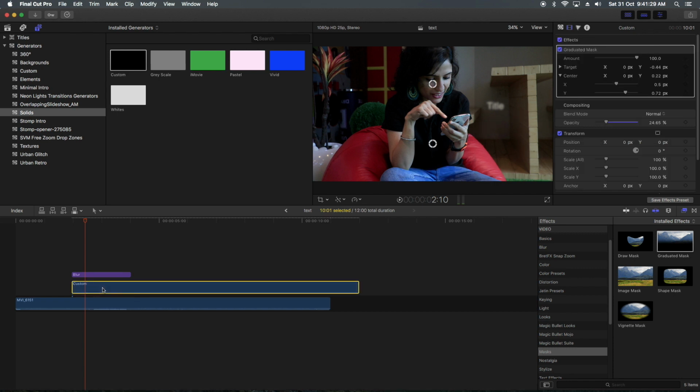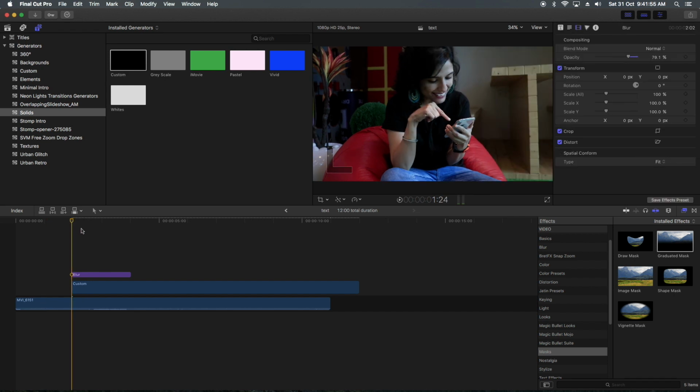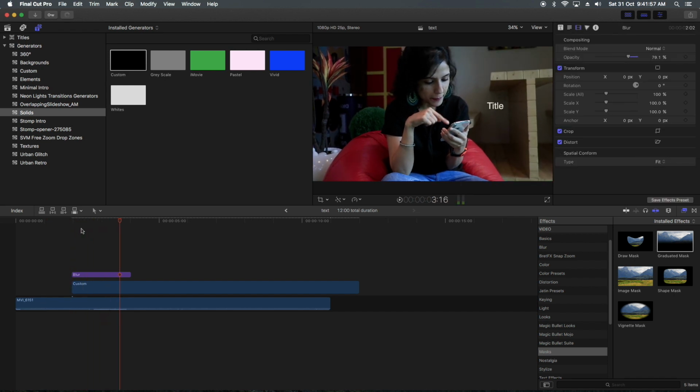I'll drag that, and now you can see there are two different things, one is target and one is center. If I move, you can see it's moving clockwise or anti-clockwise. So what I have to do is place this and make a feather. Now you can see it's feathered, clear, and you didn't even notice that we placed it.